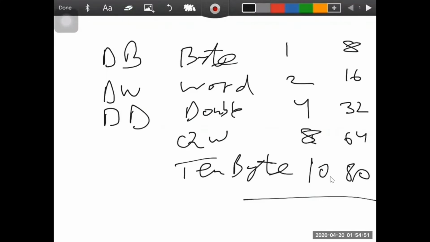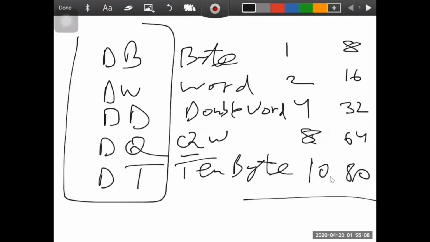For defining quad word, the term written is DQ, and for defining 10 bytes, that is DT. So these are the keywords used for the data definition and storage allocation directives.